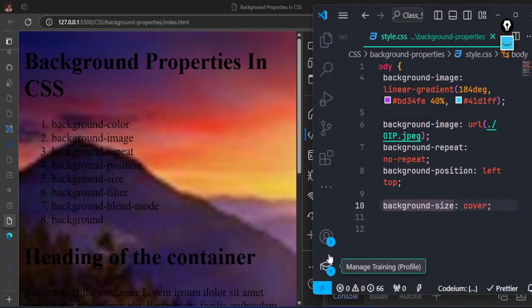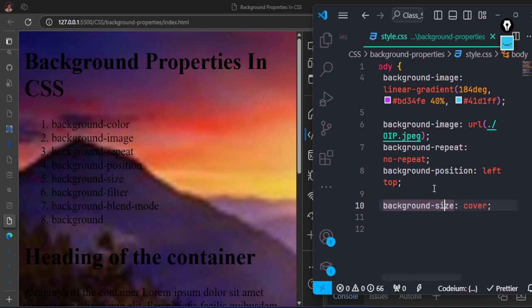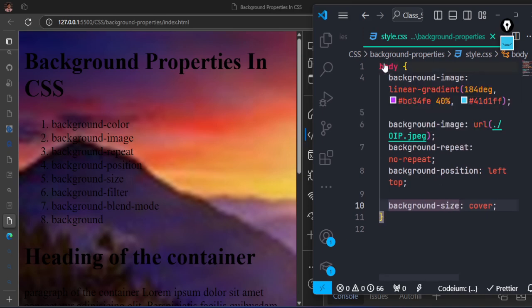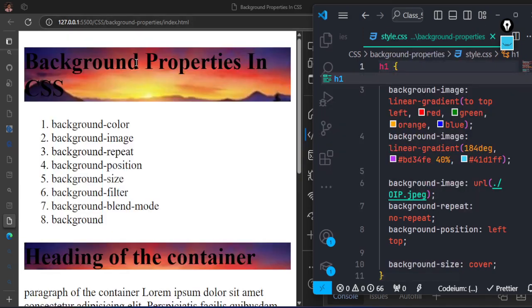If the height is small, it won't take much image out of the screen compared to this one where we have too much content inside. So if I change this now from body and replace it with H1, you can see that it quickly filled the space. And again, some parts are cut out because we want it to cover the area. So it will just cut out some area there, because as it's dragging, some